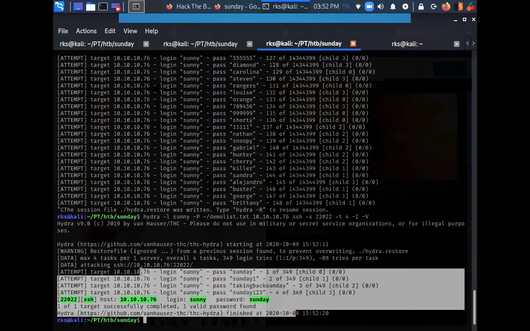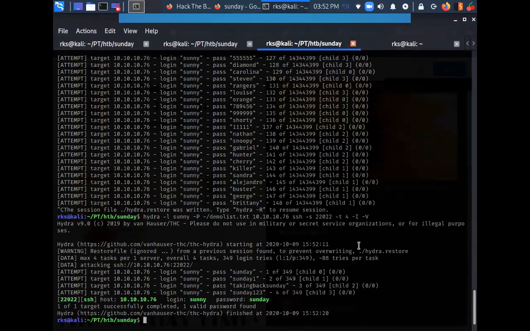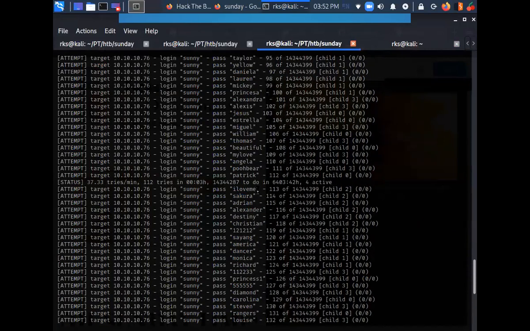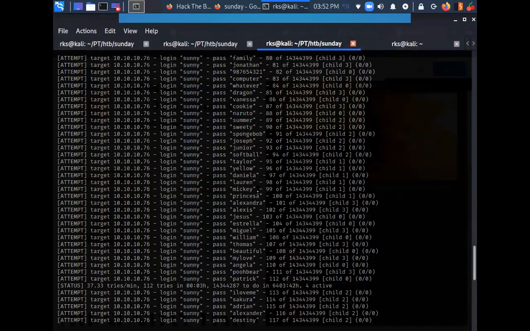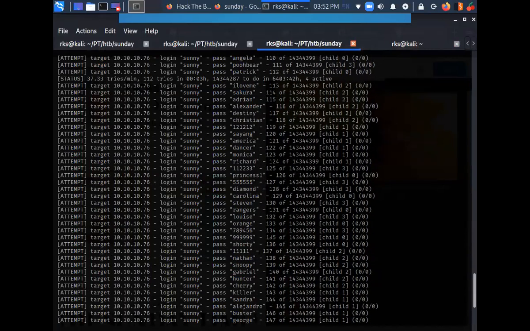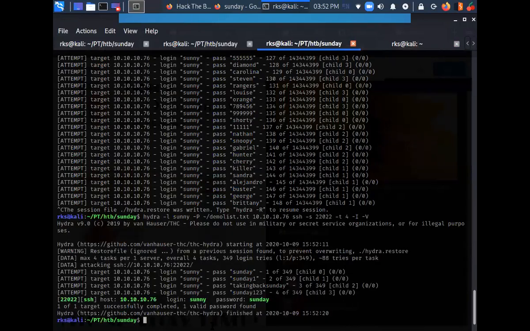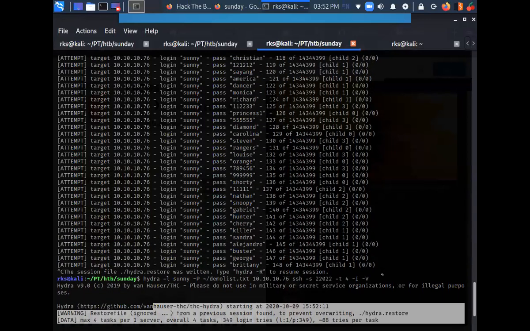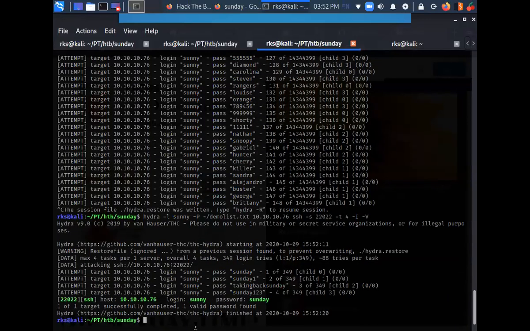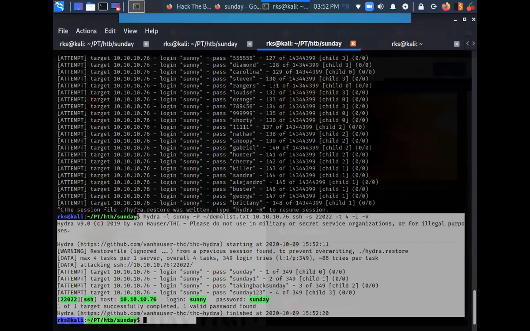So the motive here was to show you how you can do an SSH brute force. Right, guys? I hope you got the point. Either we can go for the rockyou.txt and keep on waiting, or I just showed you how it is going to work.